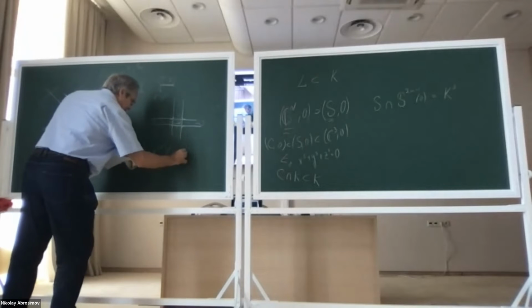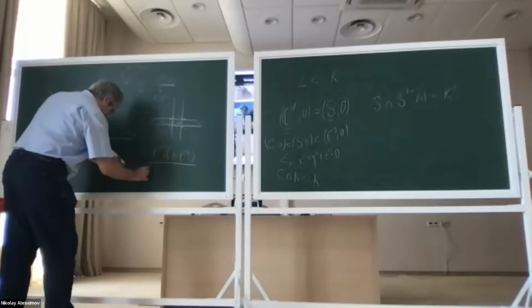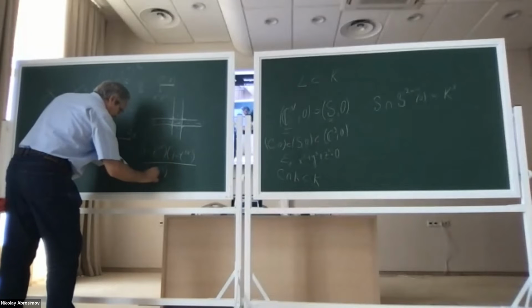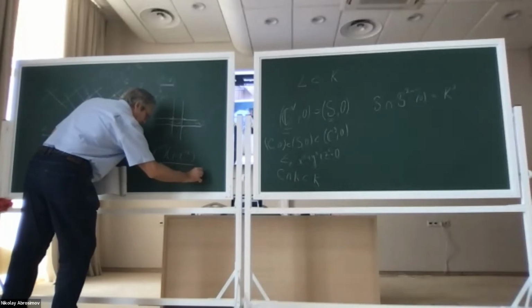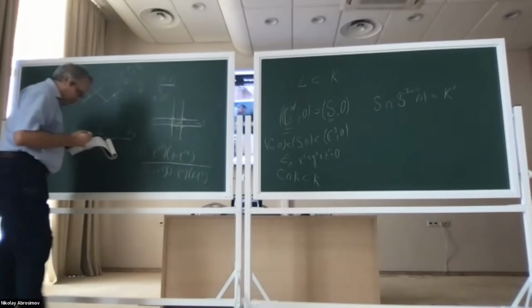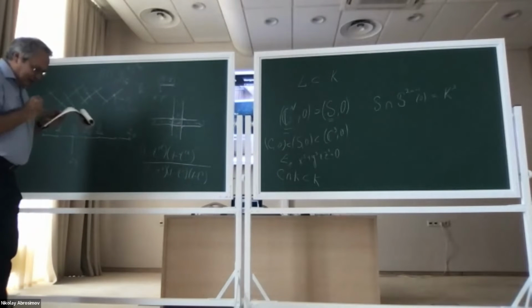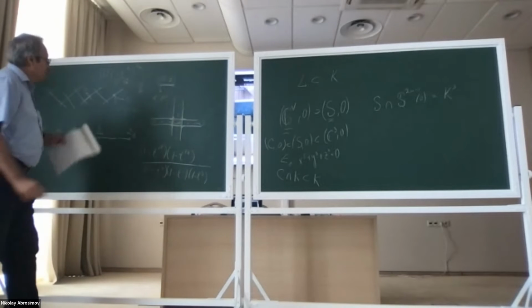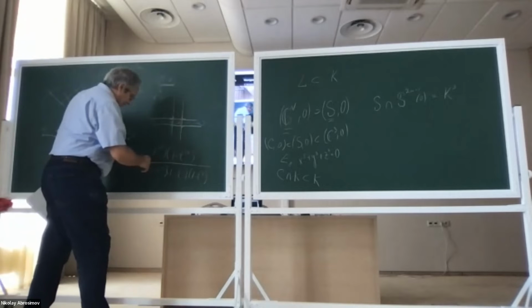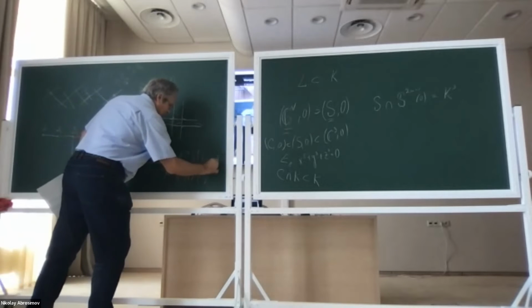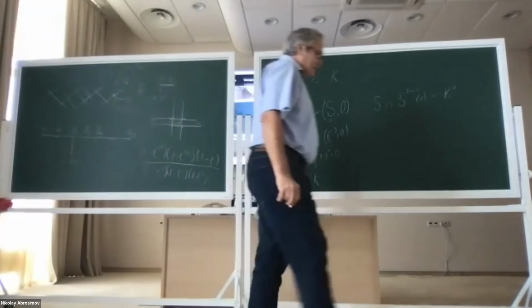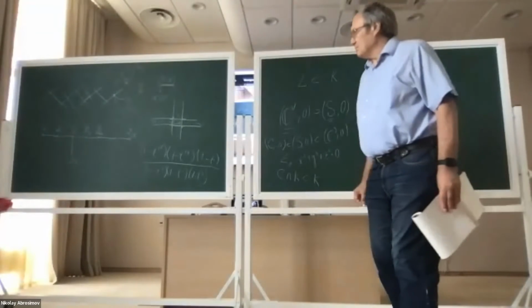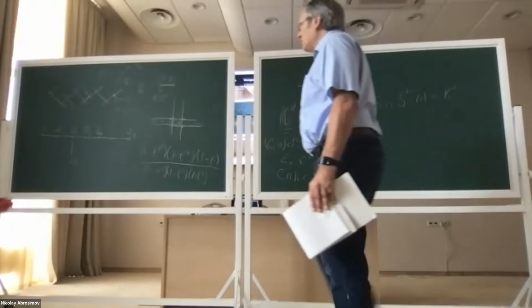1 minus t to the power 18 divided by 1 minus t to the power 4, 1 minus t to the power 6, and 1 minus t to the power 9. But this is wrong, because I forgot that this is not the Alexander polynomial, but the so-called zeta function of the monodromy, which is much more convenient for several variables. And to have the Alexander polynomial, you have to do nothing more. So the Alexander polynomial is this for both curves, and so the Alexander polynomial does not determine the